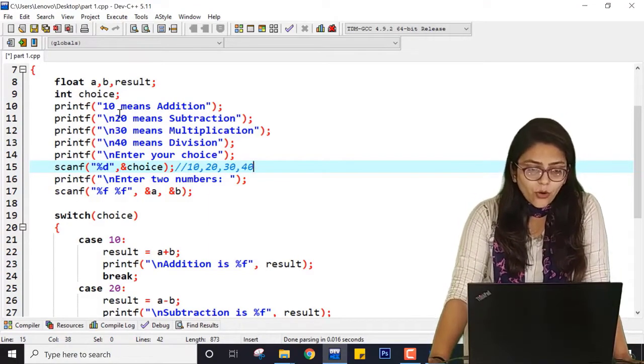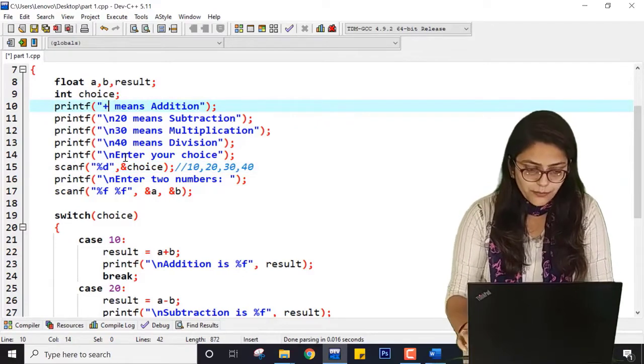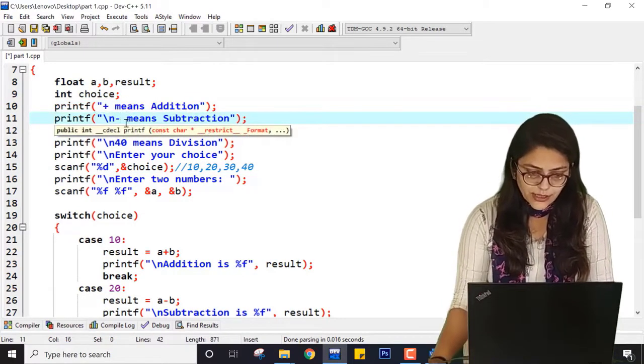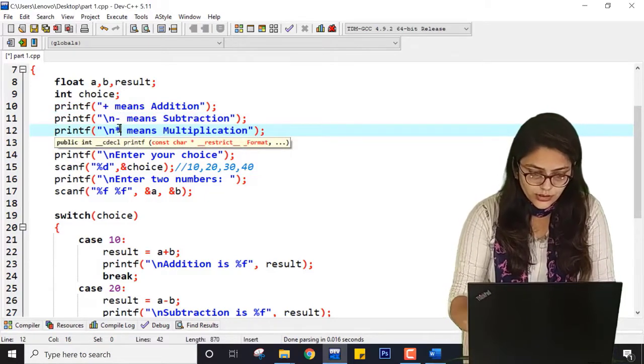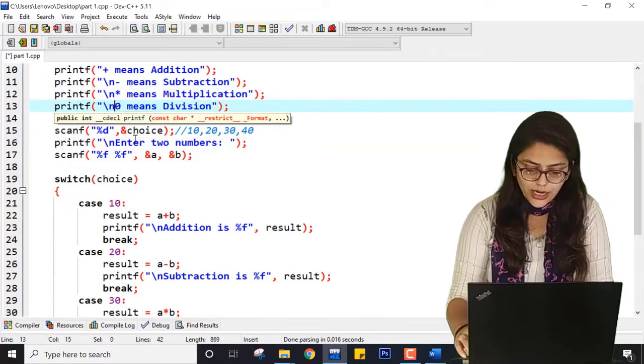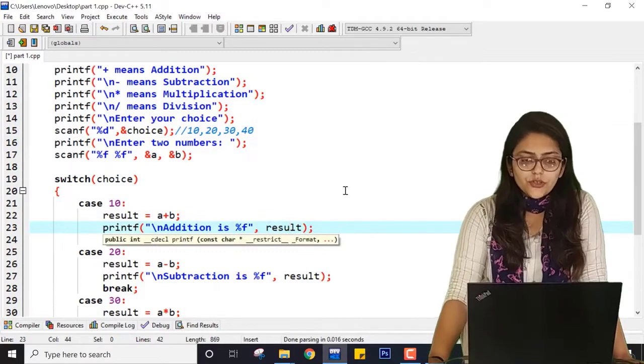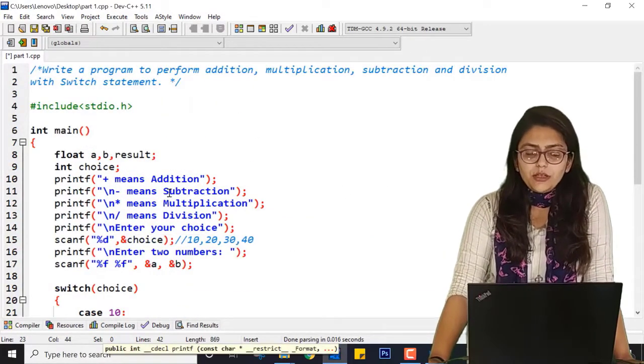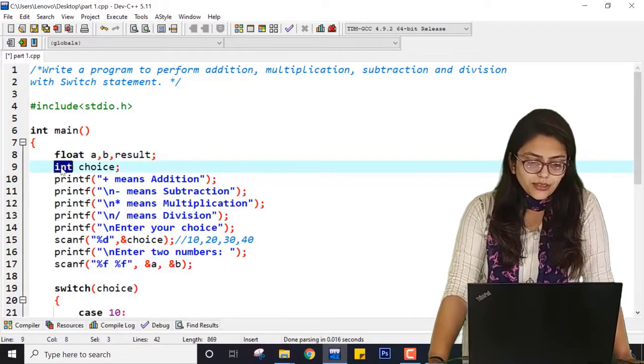But now what I want to add is plus, that means addition, minus means subtraction, star means multiplication, and slash means division. I want this kind of code. So here plus, minus, star and slash are nothing but characters.